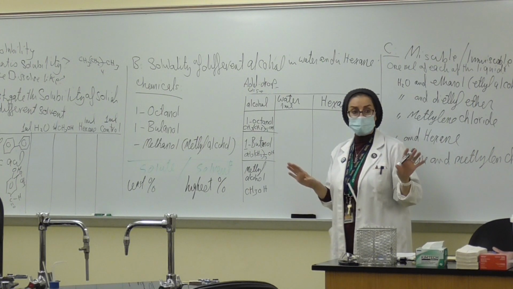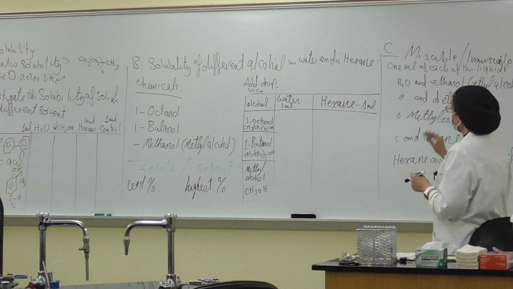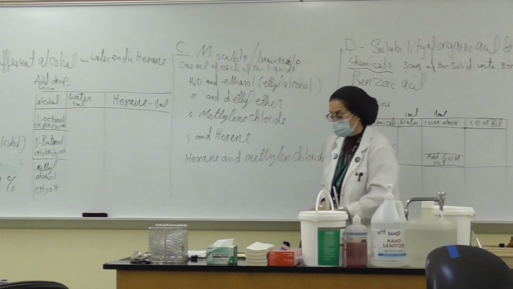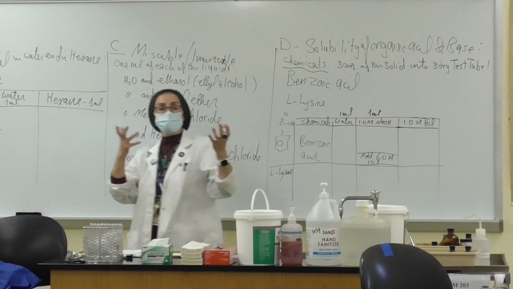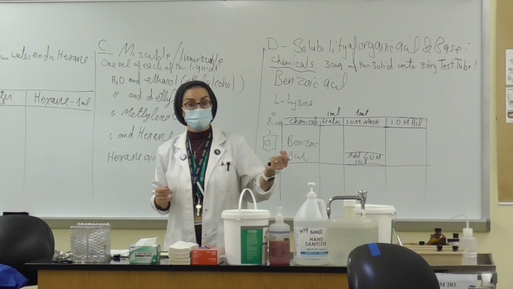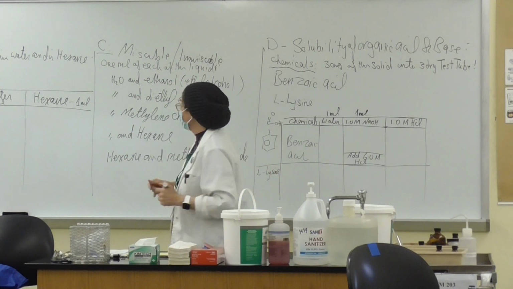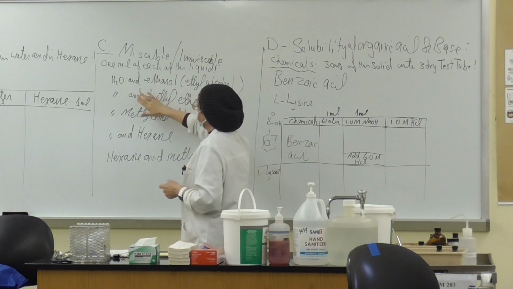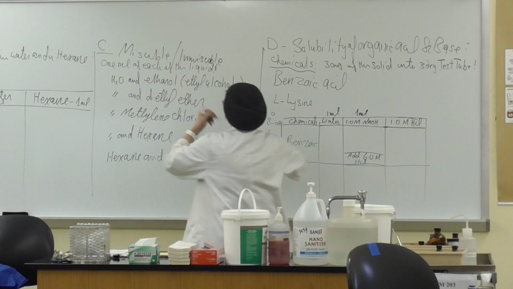Yep, is that clear, everybody? All right. So this is part B, and then we have part C. It says miscible and immiscible. Meaning, is it going to be soluble in water or non-soluble in water? This is a very good combination. It tells you. You're going to take it as a guideline for the following lab when we're going to do recrystallization or crystallization. So you're going to have a combination of water with methanol, which is ethyl alcohol, that is